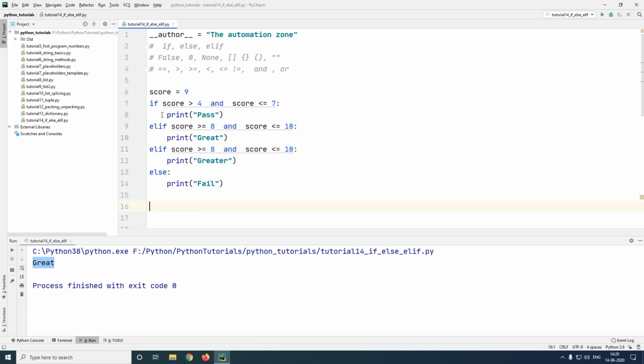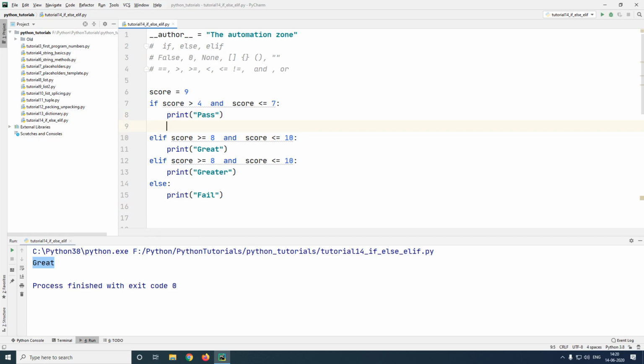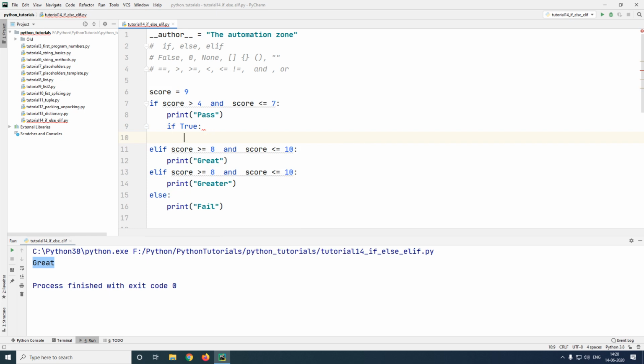Also note that such kinds of writing multiple if conditions together is called as your laddered if condition. You are also allowed to add an if condition inside of an if condition like this. You can give any condition inside. Just make sure that the indentations are proper. So in this case, this indentation right here is for the first if, and this indentation right here is for the if inside of the if condition. This is also called as your nested if because you have an if condition inside of an if condition, and there's no limit to that. You can have as many nested ifs as you want.